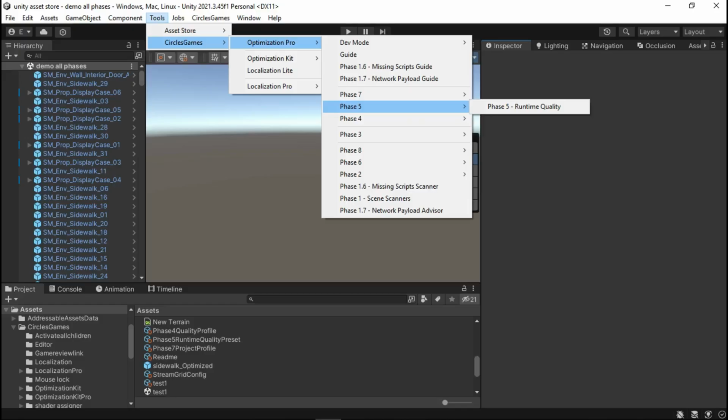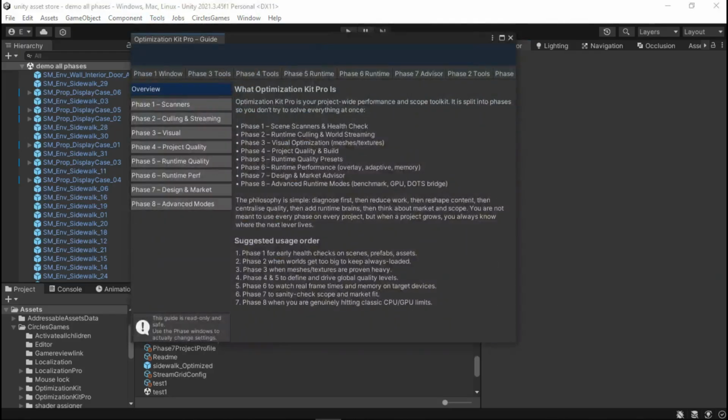Okay, so now let's begin with your guide. When you come to the Optimization Kit Pro, the first thing you have to do is look into the guide. Please do not skip this. Look at the guide. You could also open the windows from here. As you can see, these are very detailed guides, but if this is not enough for you, we also have in-depth